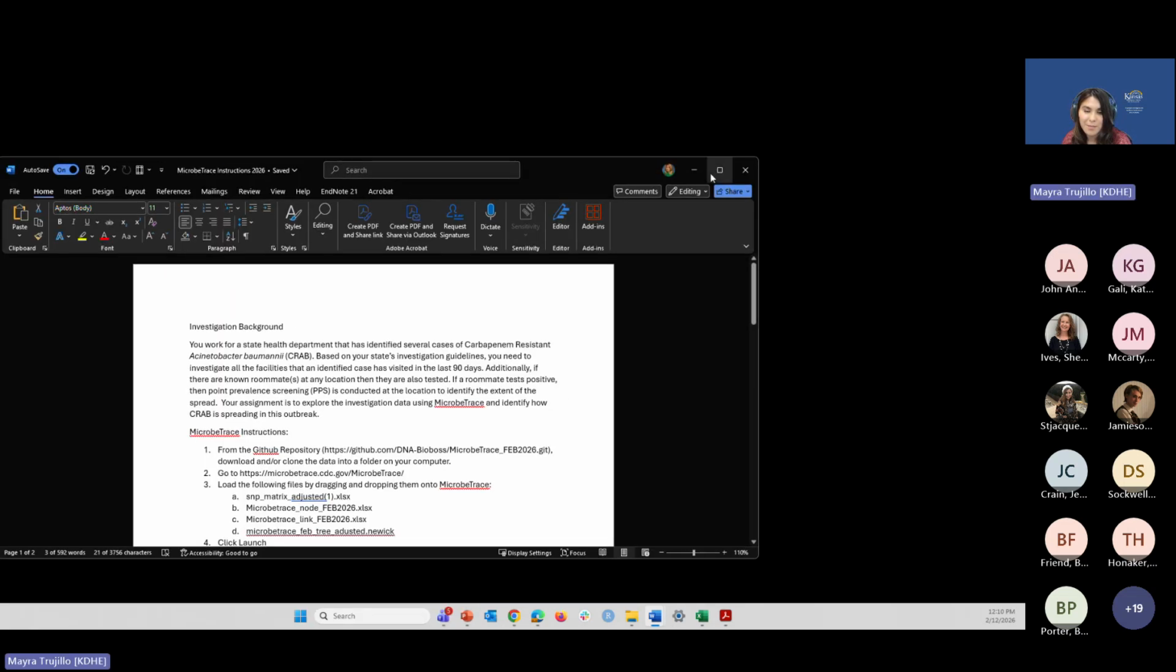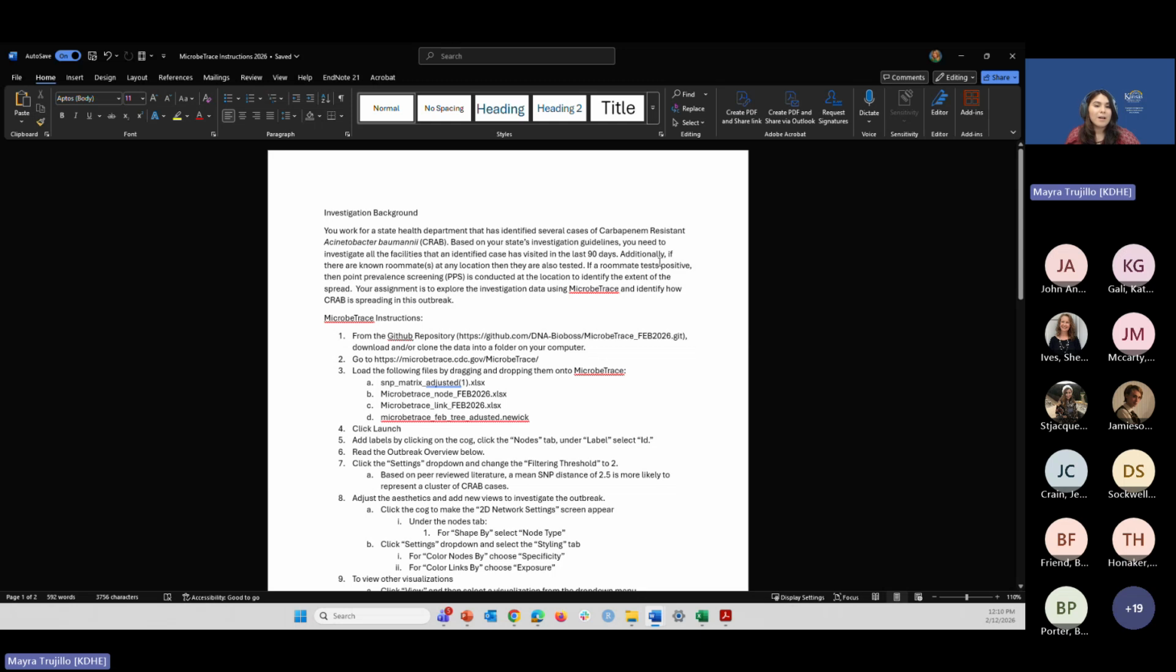So here is the background. You work for a state health department that has identified several cases of carbapenem-resistant Acinetobacter baumannii. Based on your state's investigation guidelines, you'll need to investigate all the facilities that an identified case has visited in the last 90 days. Additionally, if there are known roommates at any location, they are also to be tested. If a roommate tests positive, then point prevalence screening is conducted at the location to identify the extent of the